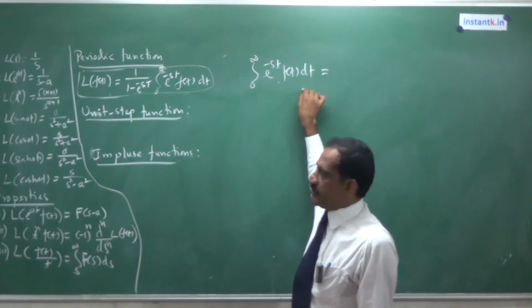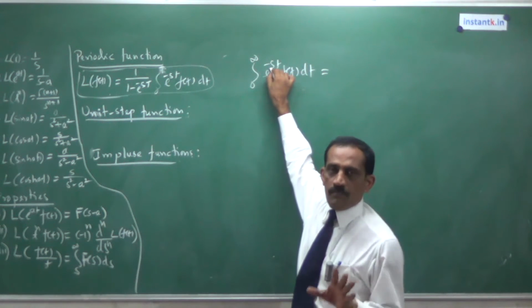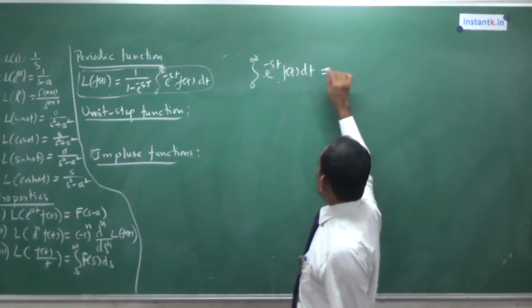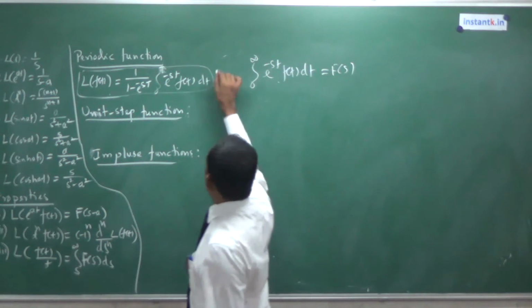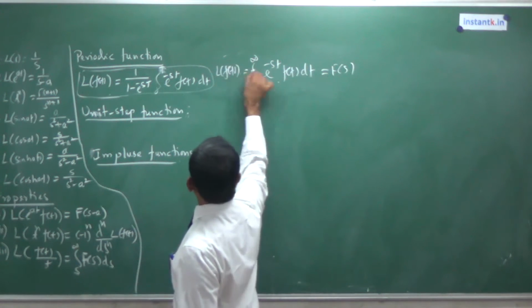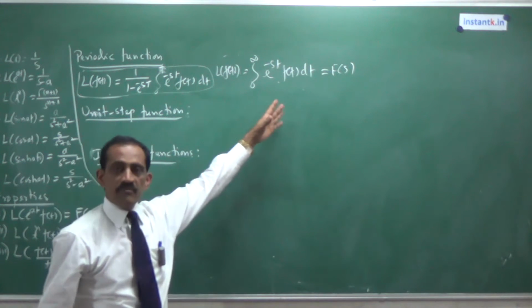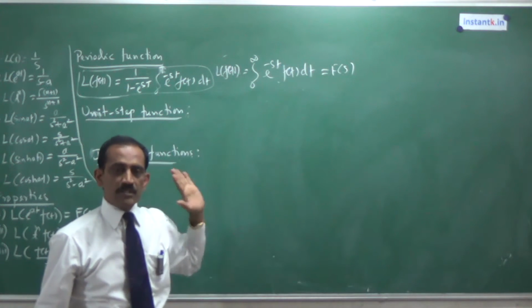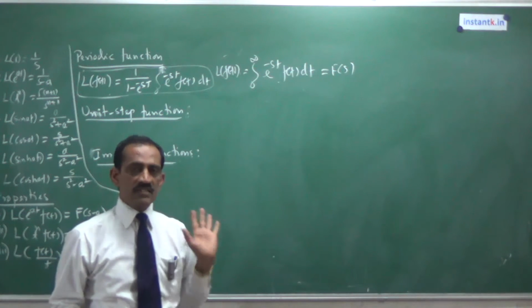What is the answer obtained? It will be a function of s, because s is another parameter which is a complex variable. We get an answer in terms of s. That answer obtained is called the Laplace transform of this function. That is the definition. Now, with respect to this, if you give some values to f of t, we get the standard results. All these results must be remembered. So before answering this, you have to recall all the results you have studied.